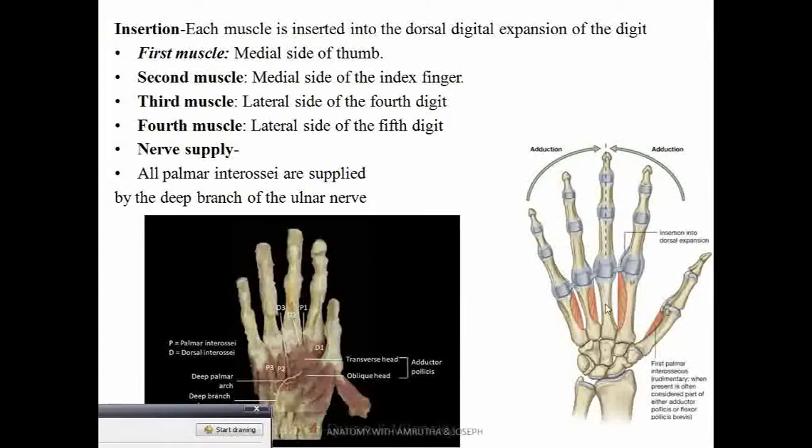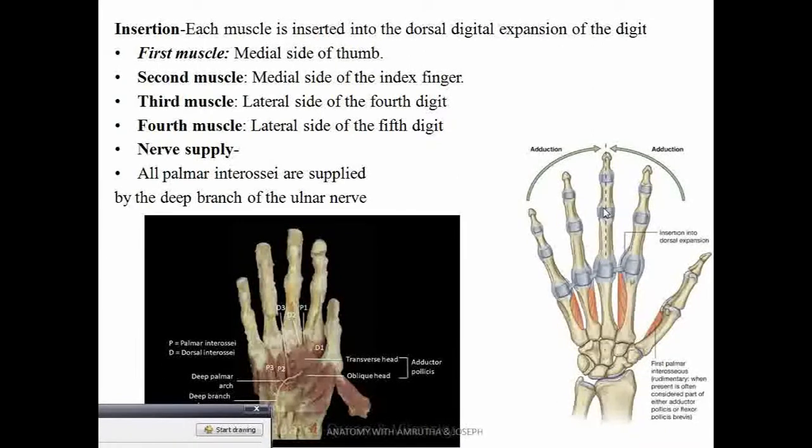Now, to remember this easily, you should know that the function of palmar interosseae is adduction. Adduction. Now, adduction, the middle finger is the axis for adduction and abduction. So adduction is a movement where the other fingers, like the medial fingers, the four fingers, you know, say the index, the ring finger and the little finger, they move towards the middle finger.